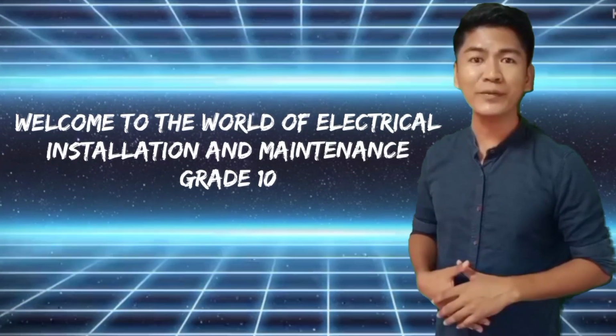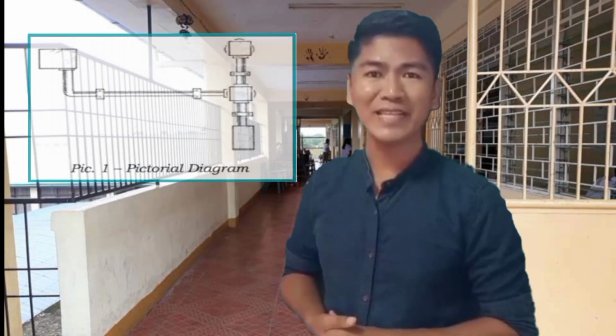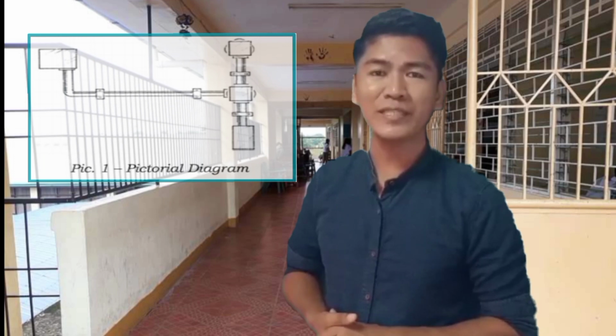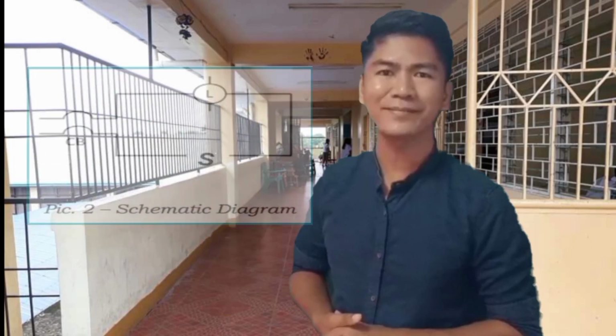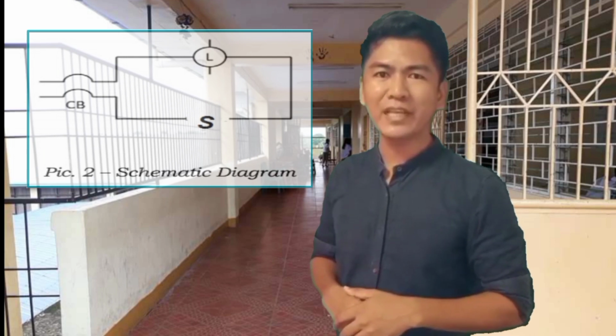Today, we will explore the world of electrical installation and maintenance grade 10. Do you still remember our past lesson about the 5 types of electrical diagrams? Number 1 is pictorial diagram. Pictorial diagram, also called installation diagram, uses simple images of components. Number 2, schematic diagram. Schematic diagram shows primarily the connection of the circuit using abstract, standard graphic symbols